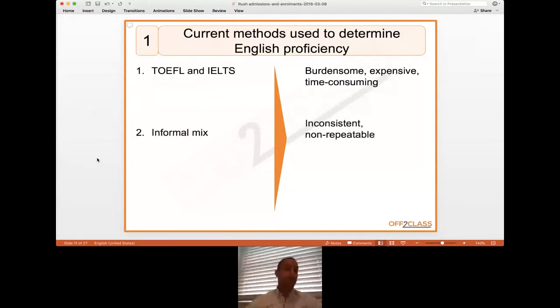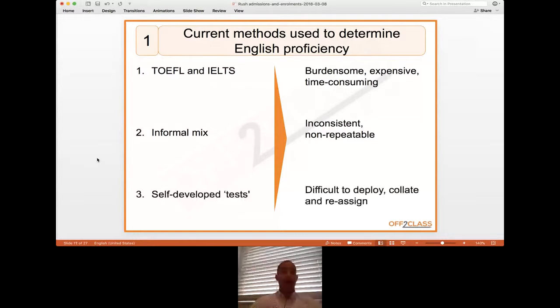Many schools we come across use what we like to call an informal mix. This informal mix usually involves a casual interview with an admissions director, sometimes even a principal. I was working with a school last week here in Australia where the principal actually handled all the interviews. So any student that was coming from an international background or was identified as probably having ESL needs had to have an interview with the principal. And usually the schools will not just rely on one interview. It will usually be mixed with something like a personal essay, or potentially number 3, which I'm going to get into now,